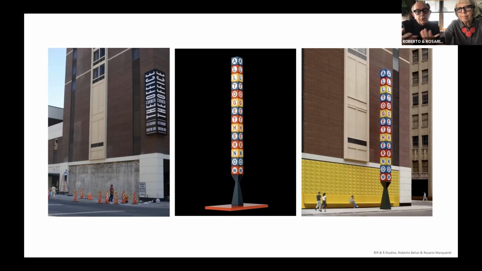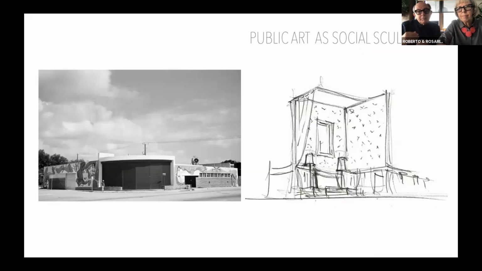So at this point, what the project attempts to become is a kind of public art intervention that is interpreted as a social sculpture. In other words, a project that attempts to bring us together. That's why we call them social sculptures. These are not projects just to be seen, to be looked at, but to somehow engage each and every one of us at an emotional level.